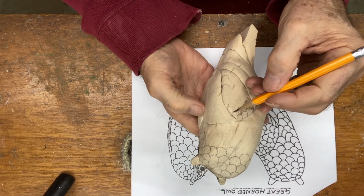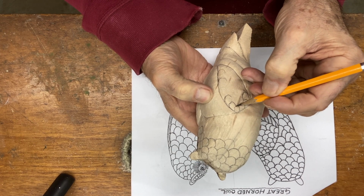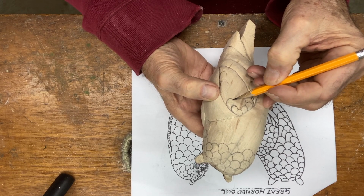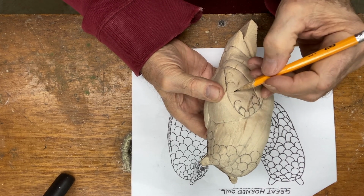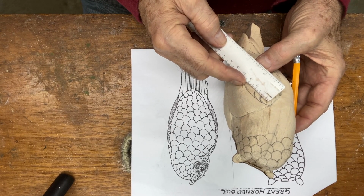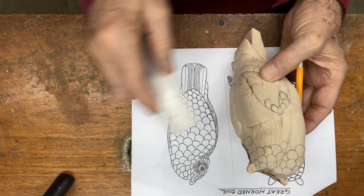Then I'm going to come over here, and on this one, I'm going to come and swing about to here. Well, here we have one here. And you want to make them rounded in the back. Not totally round, to get a little elongated. So I'm just going to give like a C from here to here, and then I get a spacing. I know I should be using metric. They're about 8 millimeters from here to here, where the middle of the C is. And then the next one's going to be about 10 millimeters,